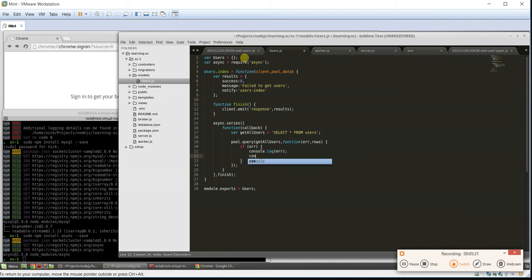We'll say failed to get users. You can also, if you want to, do something like that just to know, because when you get a lot of functions and you have a huge application, it's a little hard sometimes to tell where the error is happening. So then we'll say else, we'll do results.users is equal to rows, and then